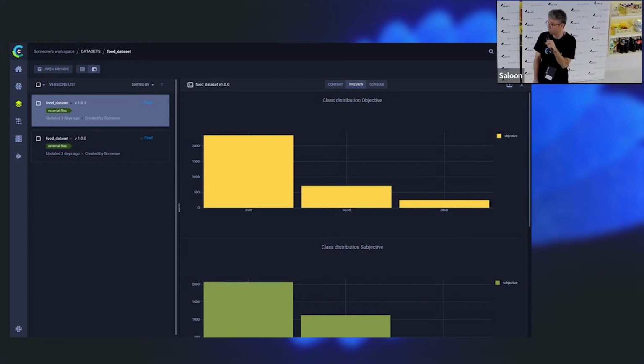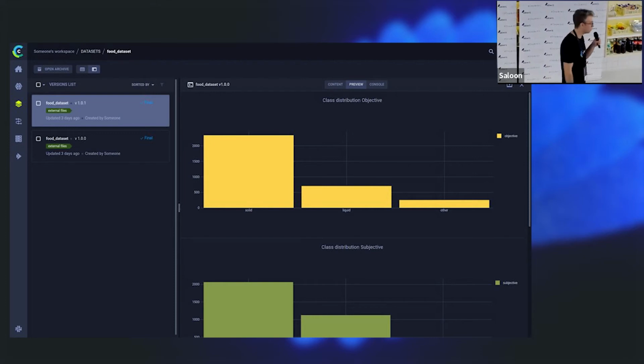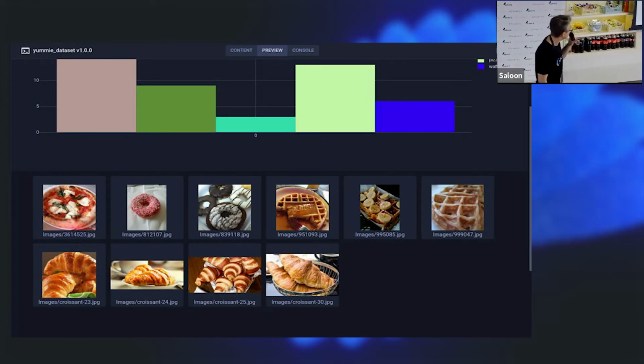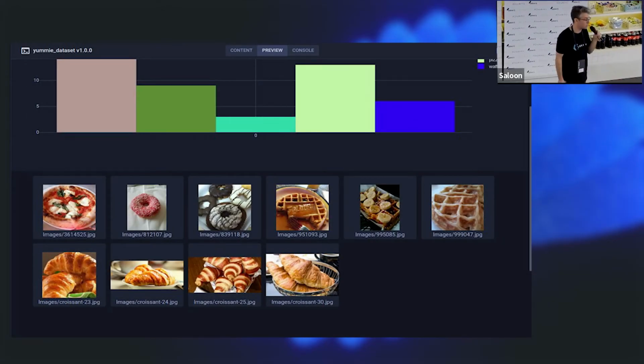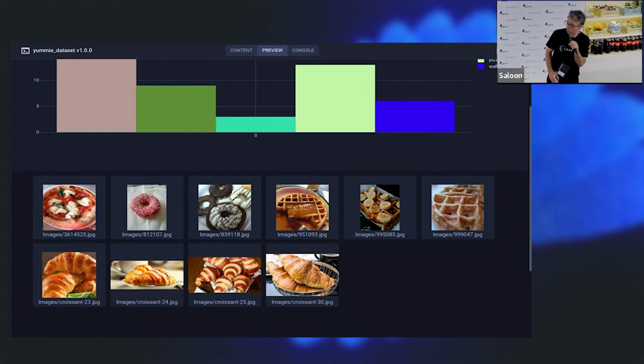Someone actually generated that. This is obviously tied to the type of data that you're storing. So it can be statistics over your table with some annotations, or maybe some samples of your actual data. This is not the entire data set. Basically, the idea here is to get some insight into the actual data that we stored in the dataset version.